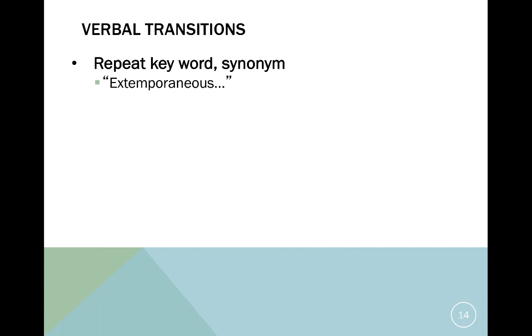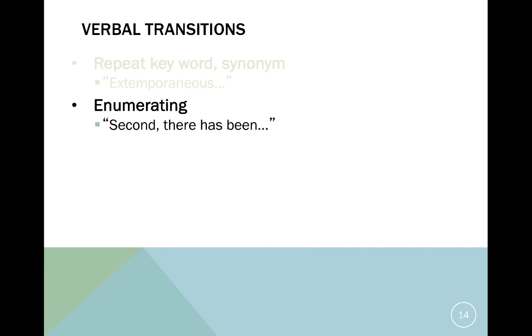So I could transition by saying the same word over and over. I could say something like, extemporaneous speaking style is really valuable for speakers because it allows them the flexibility to do this and that. Extemporaneous speaking style is also super important for audience members because it allows them to do that. Extemporaneous speaking styles make life so much easier, and I can go on from there. So you can repeat a particular keyword to help section out your speech.